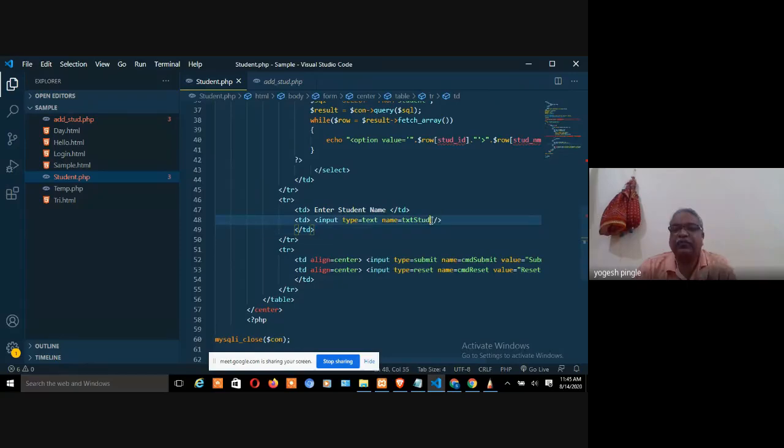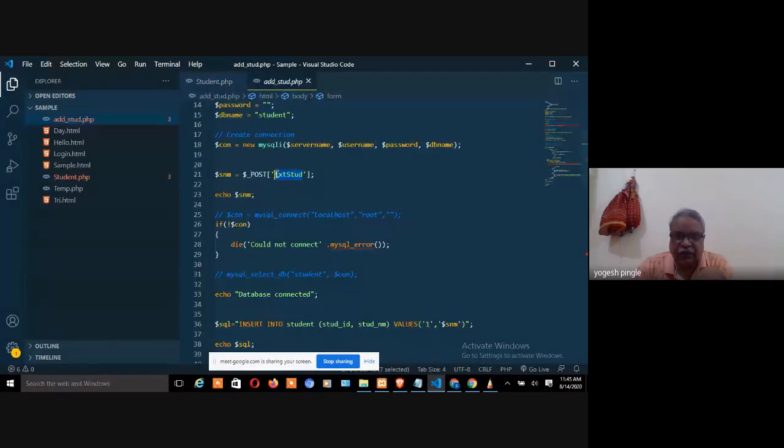What is the name of the object? Text stud. So whatever value you are entering inside a text box, that value you are going to point to using this particular variable text stud. So this name must be there in your $_POST. $_POST text stud, right?